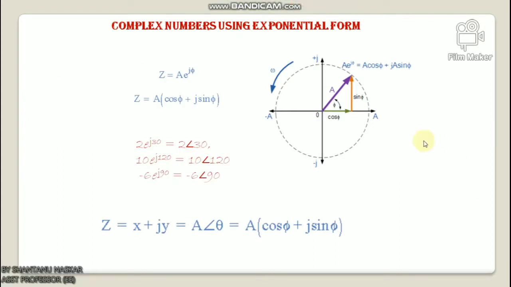After this, I will discuss complex numbers using exponential form. So far we have considered complex numbers in the rectangular form, which is a plus jb, and the polar form, a angle plus or minus theta. But there is also a third method for representing a complex number, which is similar to the polar form, corresponding to the length, which is the magnitude, and the phase angle of the sinusoid, but uses the base of the natural logarithm e, whose value is 2.71828, to find the value of the complex number. This third method is called exponential form.